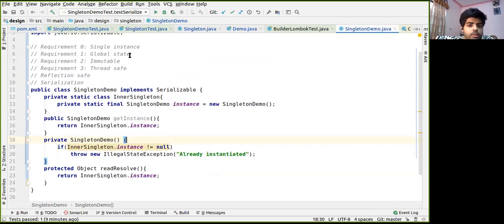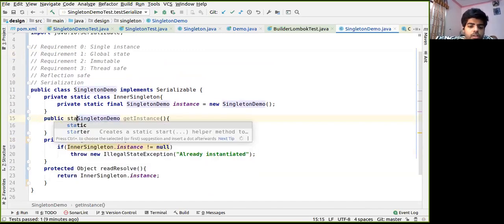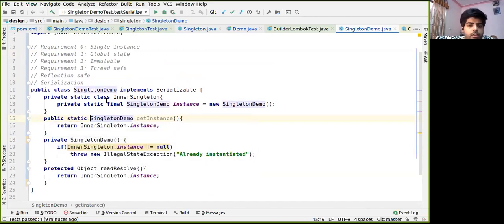So first thing is it should be global. So the method is global. It should be static. We'll make it static. The second thing is it should be immutable.